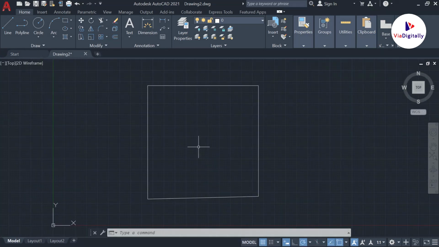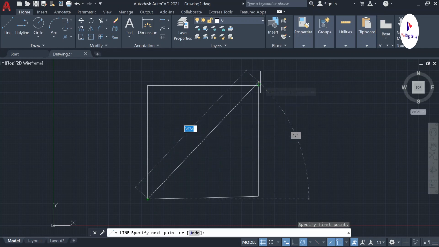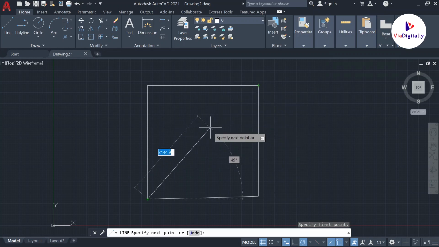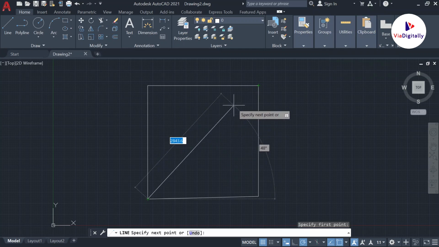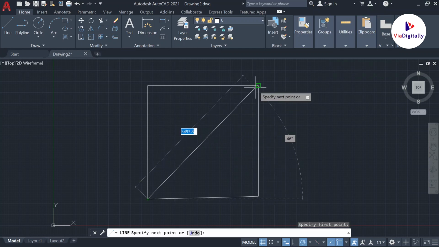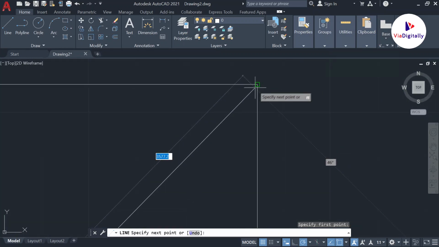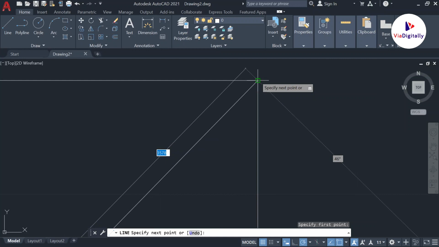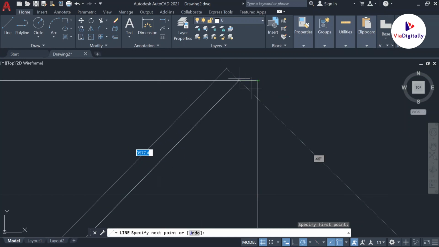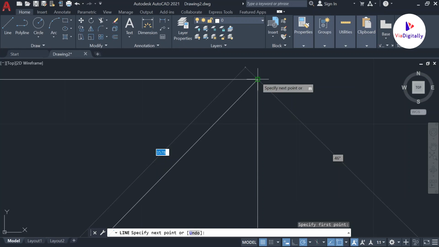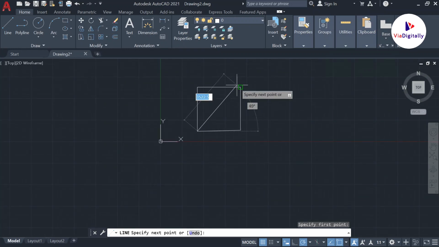Now there are some other tools that you need to know about the line command. Especially you should know about OSnap, the command OSnap. What is OSnap? To learn that, let us draw a line from this point to this point. See, you can understand OSnap from this point. Once I am going here, it is automatically showing a green square there. That means it is exactly the point of intersection of these two lines. That is the reason it is exactly showing that point. We can draw it easily.